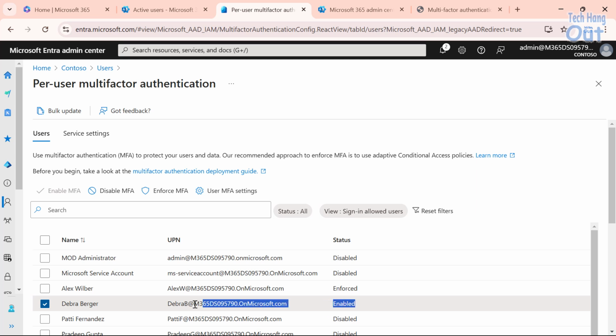it will initiate the MFA process, but it will not force the user to enroll into MFA. So what it will do essentially is prompt the user to enroll for the MFA, but the user can still click on skip. I think the user can keep skipping it for about 14 days or so, and then the user would eventually be enforced to enroll into MFA. So that's just some of the